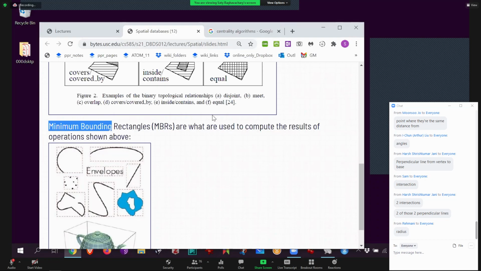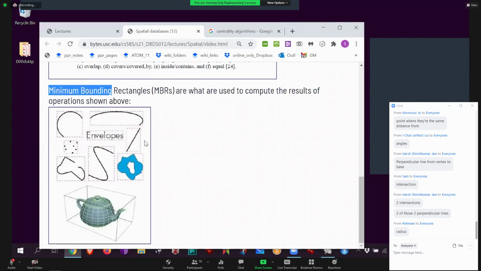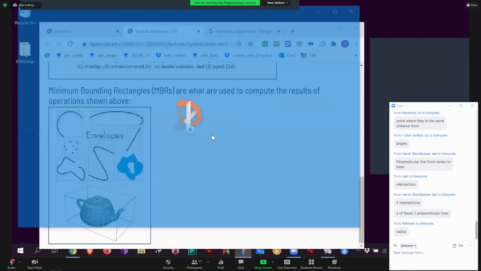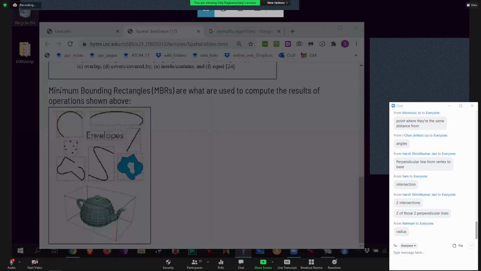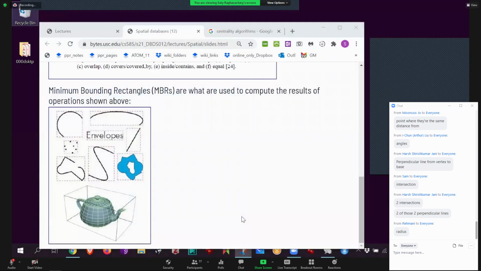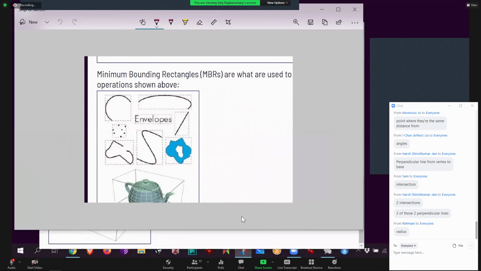It is minimum bounding. Bounding because the rectangle should touch your actual data. My actual data is this golf course, so I need a square that touches it. My actual data is my S curve, so my MBR should touch it. MBR for a bunch of points, like USC libraries, MBR. So it is bounding. It's minimum because I don't want a bigger rectangle. Okay, so for the same MBR, I'll just draw it for the heck of it. Okay, just humor you. It should not be wasteful, because we'll use the MBR as a proxy to find out if something is inside something or not. So if you have bad MBRs, you will get bad results.